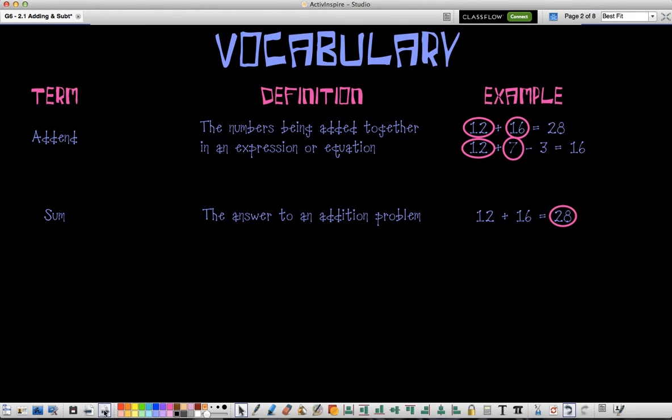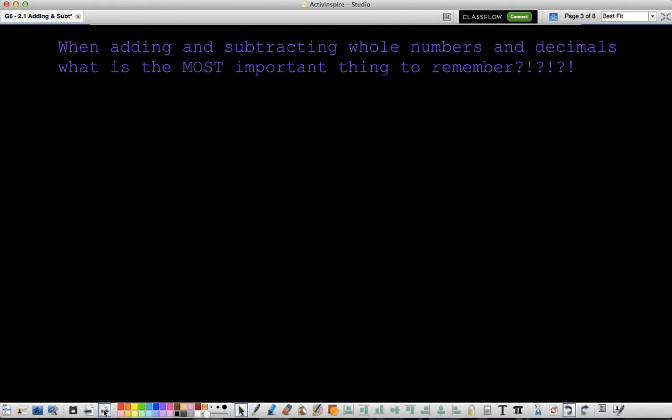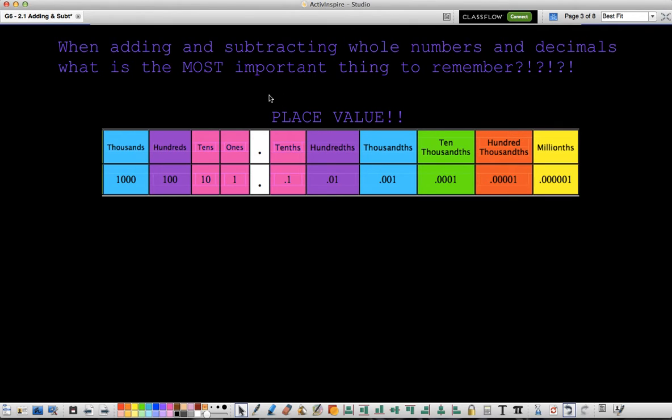All right, so moving on. When we're adding and subtracting whole numbers and decimals, what's the most important thing to remember? You have to know your place value. If you don't know your place value and you don't line up your numbers correctly, you are not going to get the right answer. So for example, if I were to have 150 plus 96, if I don't know that 6 is in the ones place and 9 is in the tens place, and that 0 is in the ones, 5 is in the tens, and 1 is in the hundreds, then I won't know how to line up my